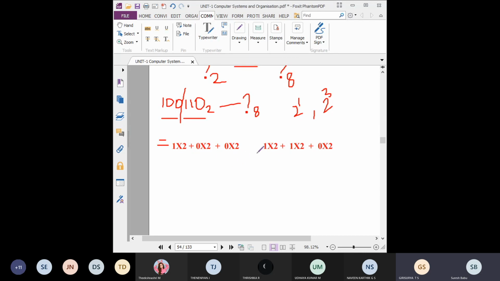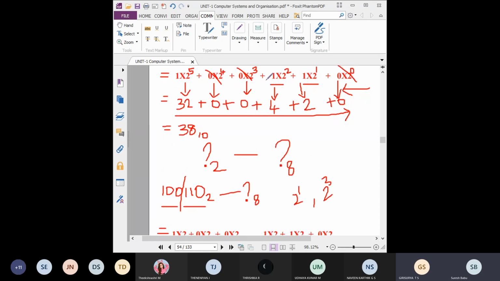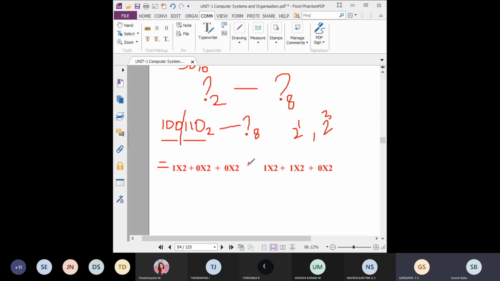See, only one plus is not given here, that is the plus in between. You see here I didn't give the plus, I split here. Understood? Yes, sir. So now what is the step? Again you have to give the power value from the right side, this side. So 2 power 0, 2 power 1, 2 power 2. That's all. Again you have to start from 0 here: 0, 1, 2. Understood everyone?